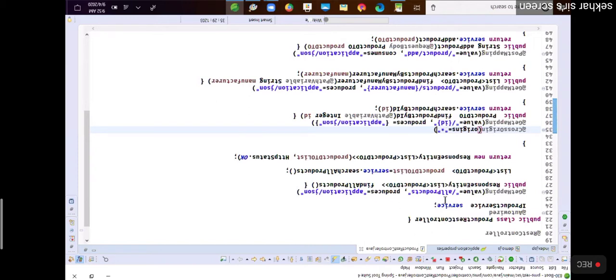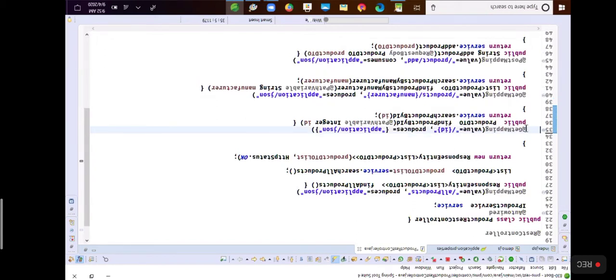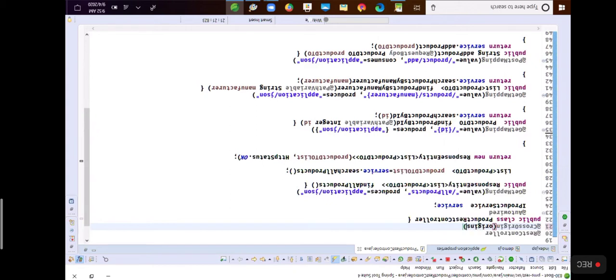If you want to enable all endpoints of this REST controller with CORS support, then add the same annotation at this REST controller class level. So @CrossOrigin, origins is equal to asterisk.